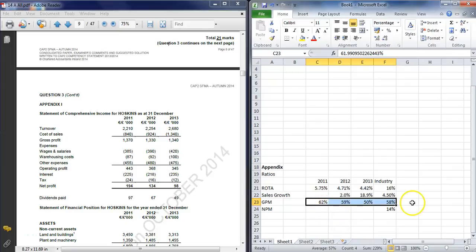So again, this will be a worrying trend in terms of the big differential, and a good student may link the big growth rate with the fall in gross profit margin. So perhaps they changed their sales mix to sell lower volume or lower priced or margin products but higher volumes, or perhaps there has been a difference in terms of the cost of sales over the couple of years that